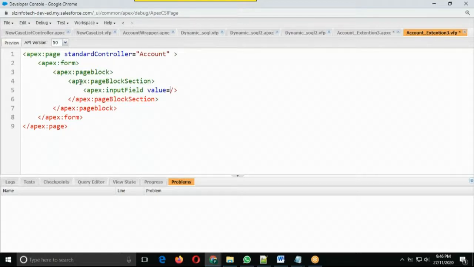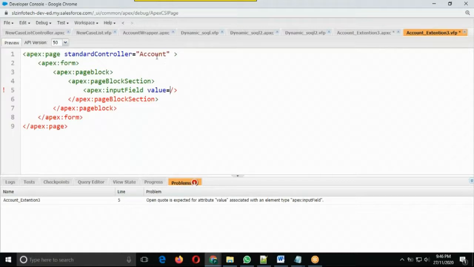We have not declared any variable in the Apex class, because we are using the standard controller, so I am just referring to the account properties. So directly you can put the value input.